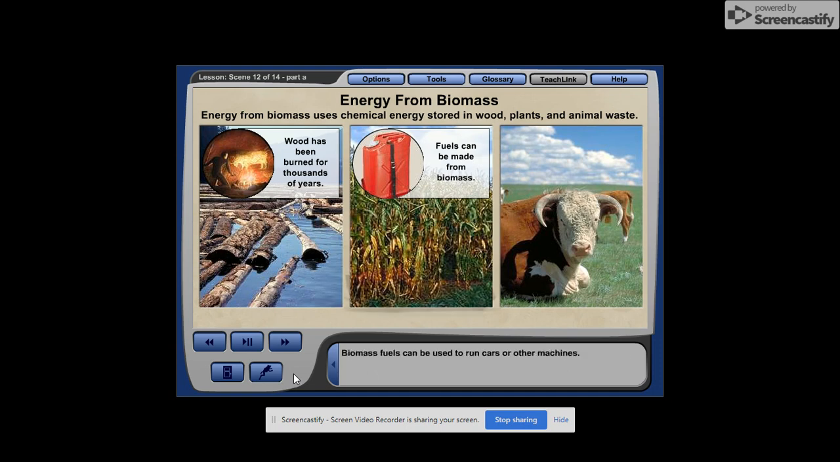Biomass fuels can be used to run cars or other machines. People also burn biomass